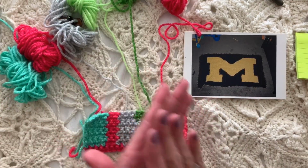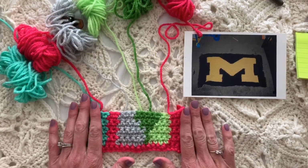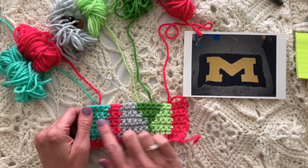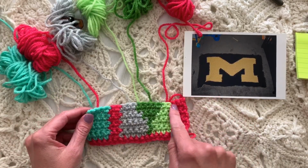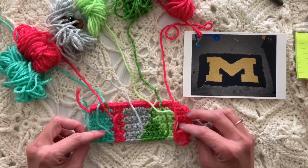I am very excited to teach you this color work technique. This is Intarsia Crochet. This is the introduction to Intarsia Crochet. So I'm using single crochet, although you can use other stitches as well. And the point of Intarsia Crochet is that you're using multiple colors per row, which means you don't want to